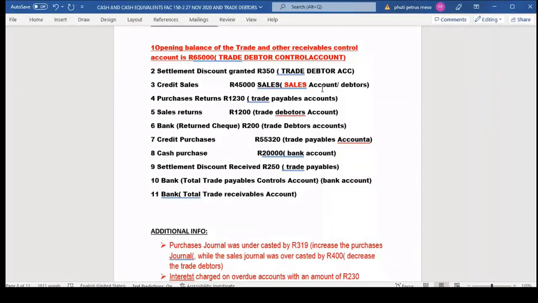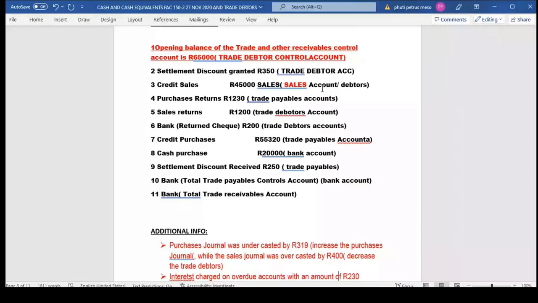And then we've got credit purchases, 55,320. That's a trade payables control account. So you've got a cash purchase with an amount of 20,000 rand, which is a bank account, with a settlement discount received with an amount of 250. That's a trade payables control account. So you've got a total here. It says that the total trade payables control account, which is a bank account. We've got a bank total trade receivables